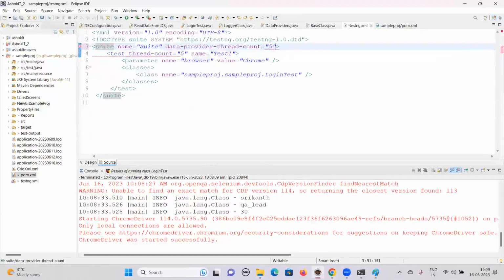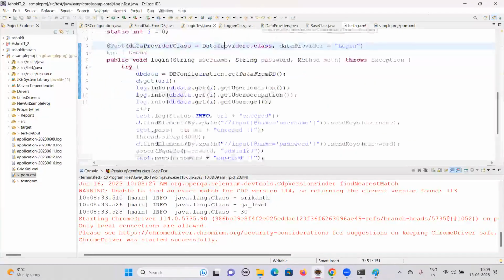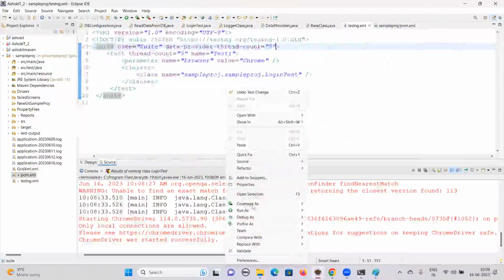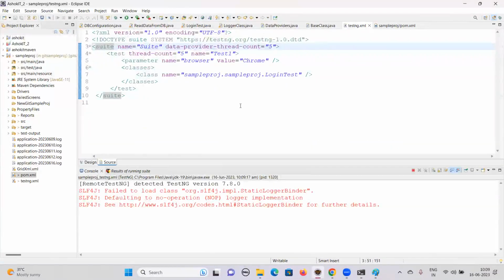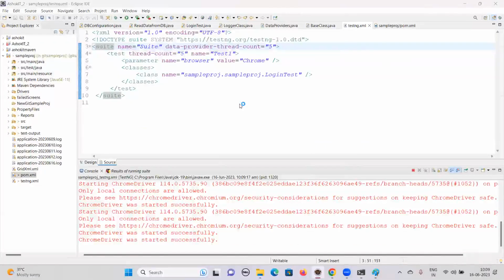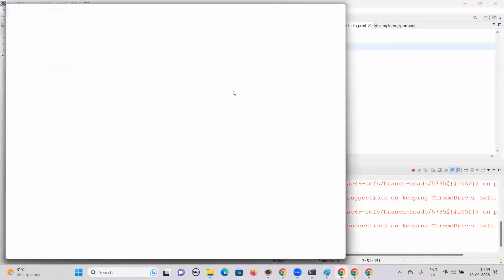I want to open at least 5 browsers at a time. But we have to add one more thing here, that's nothing but the thread pool, thread local for this. So when I run it, it will open 5 browsers at a time. You can see 1, 2, 3, 4, 5. Few may not work as we thought, but here